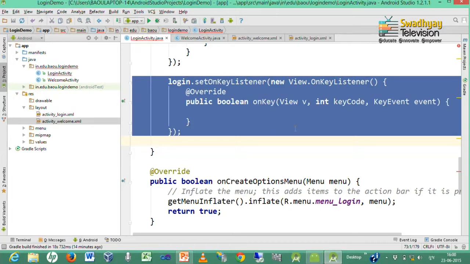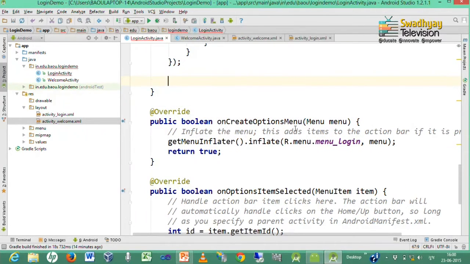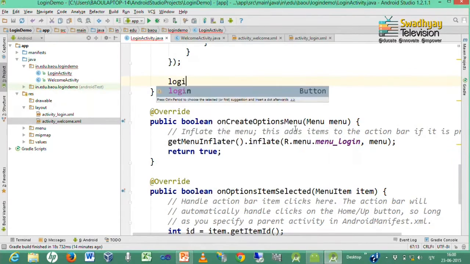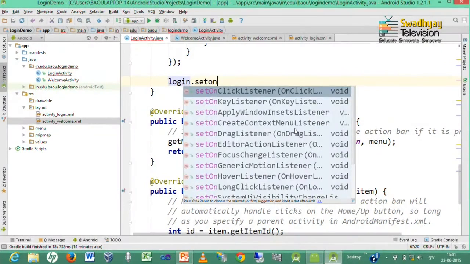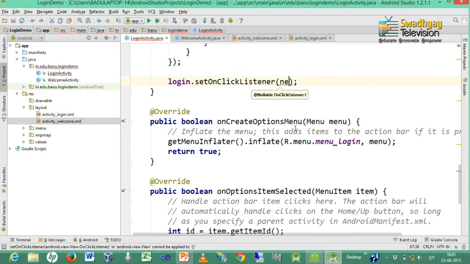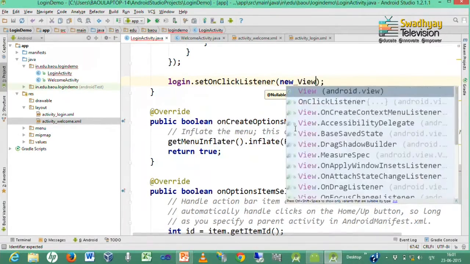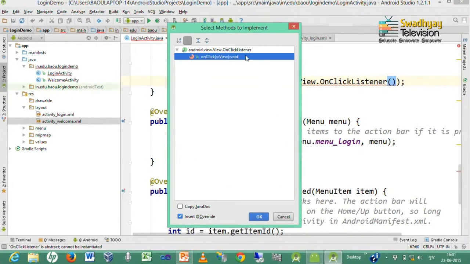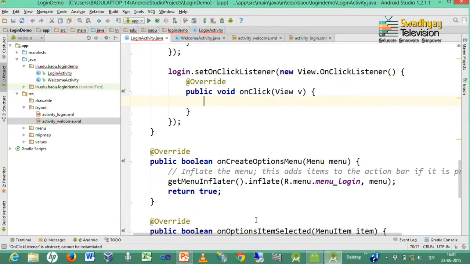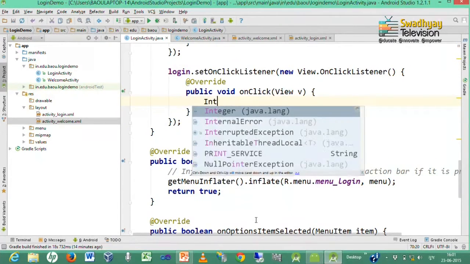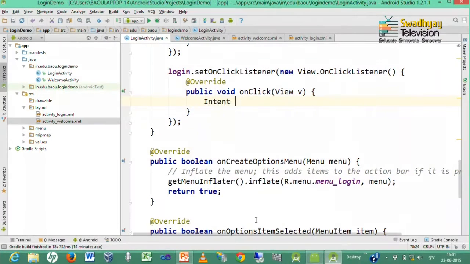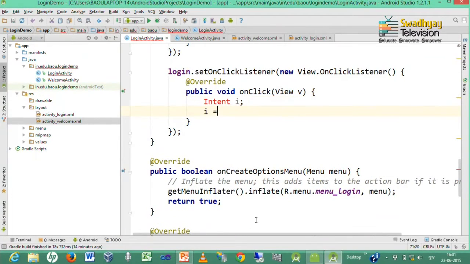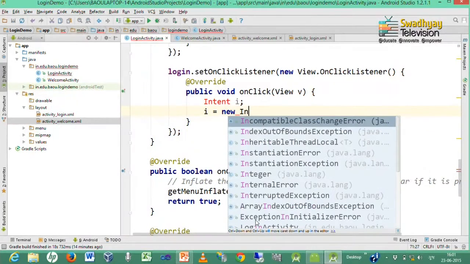Here, by mistake, I took onKeyListener; we have to use onClickListener. So, login.setOnClickListener, and inside this we select View.OnClickListener, and we have to implement the method onClick. Inside this we create one intent object, and we create an instance of intent.